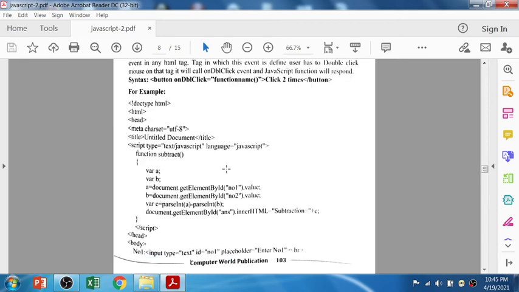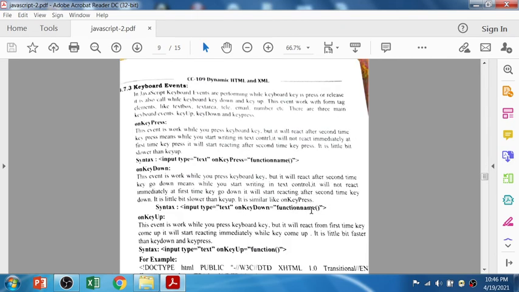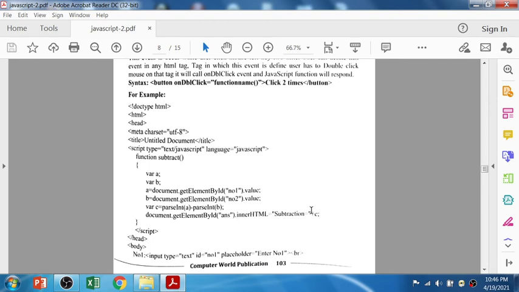Let's see the function called subtract, variables a and b, getElementById number1, number2 dot value, c is equal to parseInt of a minus parseInt of b, and the answer will be displayed in the span tag. Right, so script tag close, head tag, body tag.